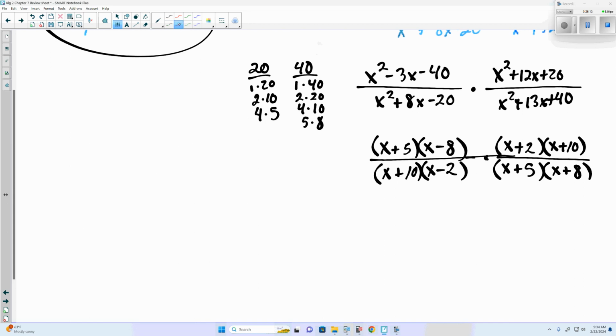Multiply them together, now let's cancel. We would have x plus 5, x plus 10, and x plus 10, leaving us with